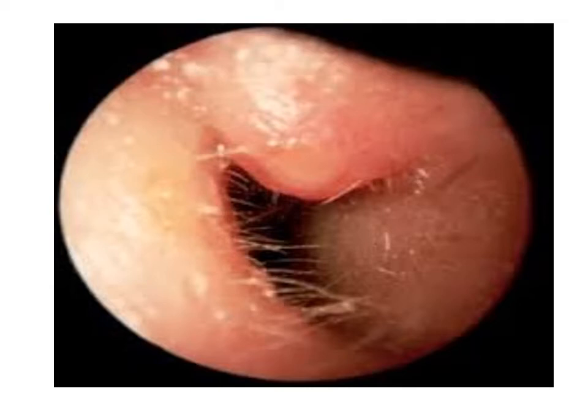The patient generally presents with severe pain. Why? Because the skin over the cartilage is very taut. That's why he will present with severe pain and tenderness. Okay, so the tragus sign: when you press over the tragus, he will have pain. The tragus sign is positive here, and this pain is increased by movement of the pinna and jaw movements also. Sometimes chewing of food may aggravate the pain.